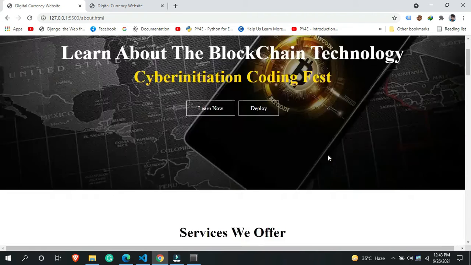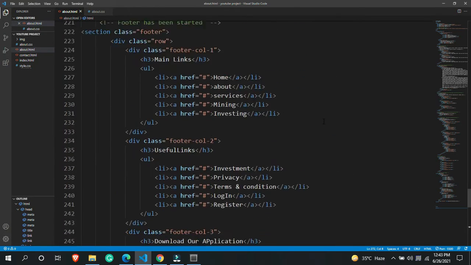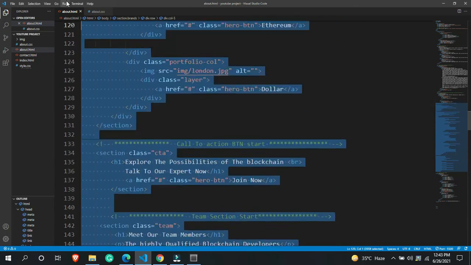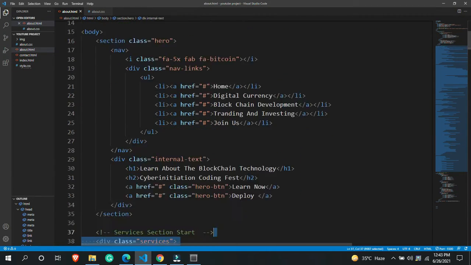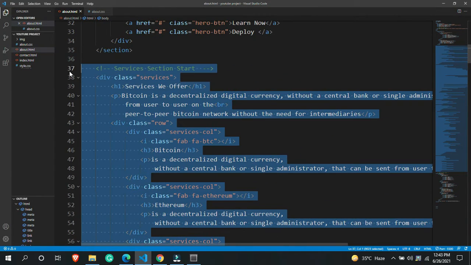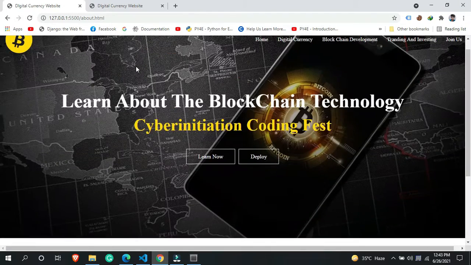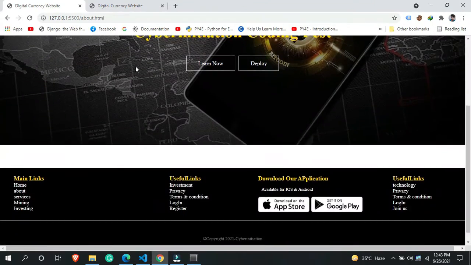So this is our about.html page. Okay, and let's reload it before doing anything. So this is our about.html page we are getting over here. And then after that let's remove all of the things that we don't need. So from footer to service section. Select from footer till the service section and delete it from there to here. Then you can see we are getting nothing over here, and we only have a header and footer.